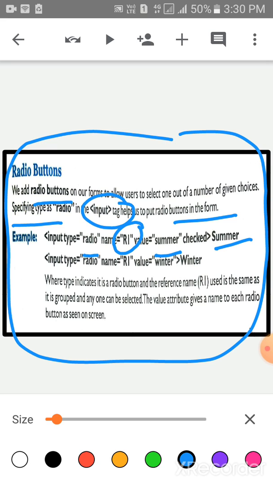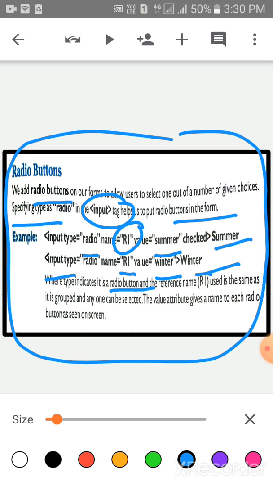Next line, tag input space type, within a quote write down radio, then again space name is equal to, within a quote write down again RI, then space value is equal to, within a quote write down winter, closing tag, and then lastly write down winter.